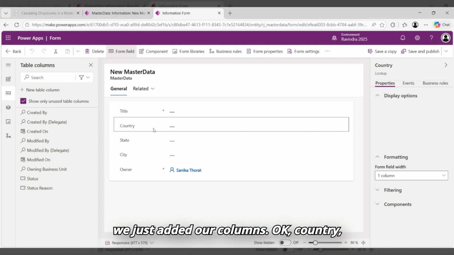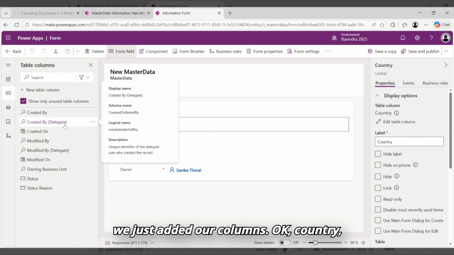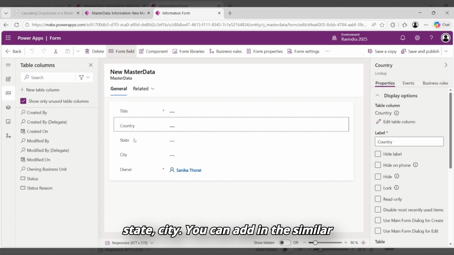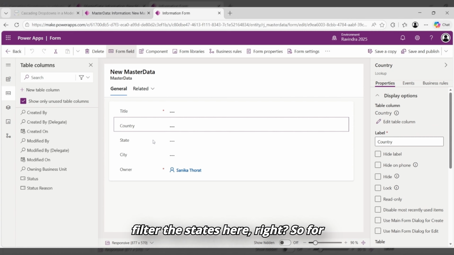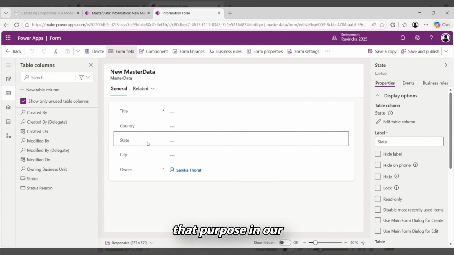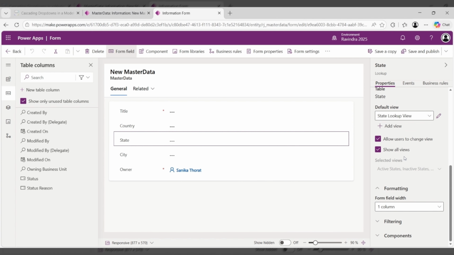In the form we just added our columns: country, state, city. You can add them in a similar manner. Whenever a user selects any country, we have to filter the states here, right? So for that purpose, in our